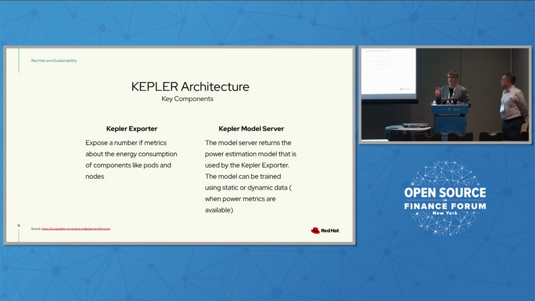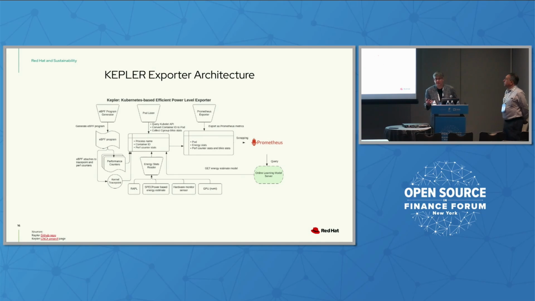There are two pieces here that are very, very important. One is the exporter piece, which aggregates the data that you've seen in Grafana and creates the different Prometheus data points and time series with power data, at the application and architectural component level. The other one is the model server that uses an estimation model for environments where I cannot collect the data directly.